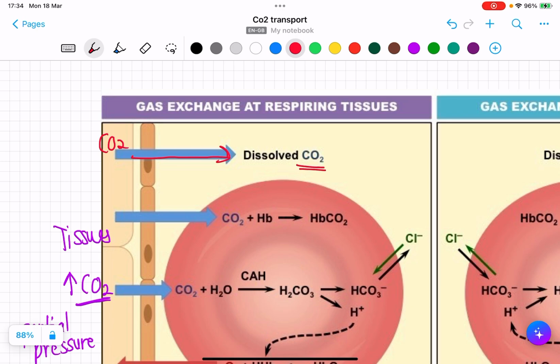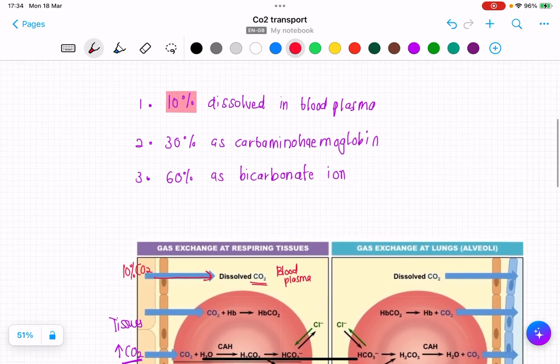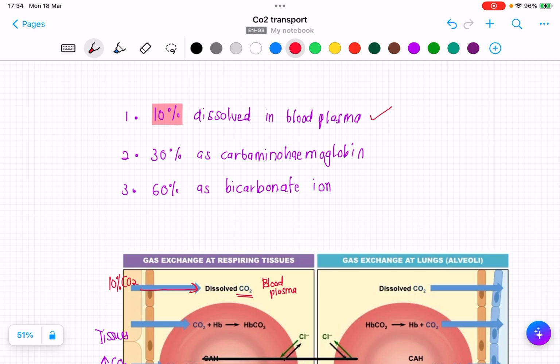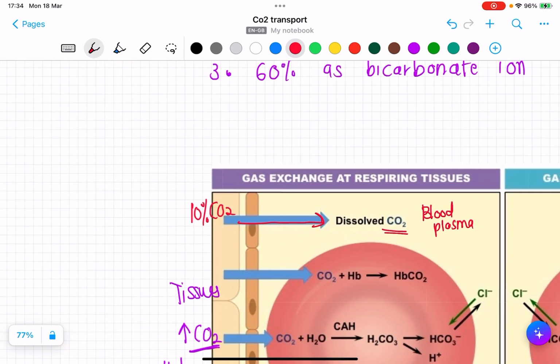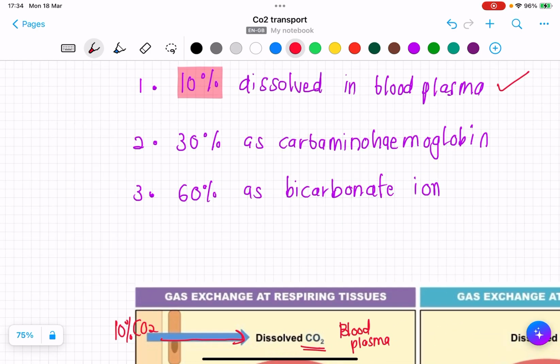So yang kuning-kuning dalam gambar ni adalah blood plasma yang kita tengok tadi. Blood plasma ni yang ada water, ada protein, ada solute, garam, etc. So 10% of CO2 will dissolve in the blood plasma. Satu markah. Settle. Very simple, straightforward. Pathway nombor 1. So CO2 tu dia dissolve sebagai CO2 juga. Dia tak berubah bentuk. Daripada tisu dia CO2, masuk dalam blood plasma pun still CO2. Settle. Next, number 2, about